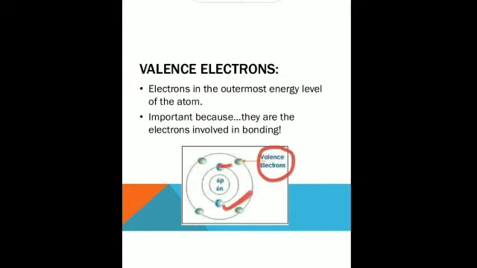Exactly, be it any reaction, whether it be a reaction between carbon and oxygen to form carbon dioxide or carbon monoxide, only the electrons which are present in the valence shell are responsible for the reaction. So the valence electrons participate in chemical reactions, whereas the electrons present in inner shells do not usually get involved in chemical reactions. So we have understood what valence shell and valence electron is, how valence electrons determine the valency of an element, and how they are important. They are the electrons involved in bonding.